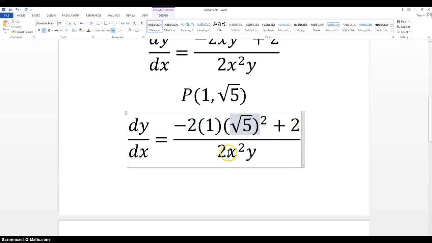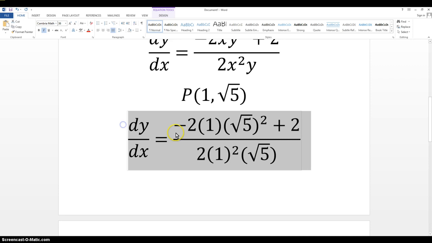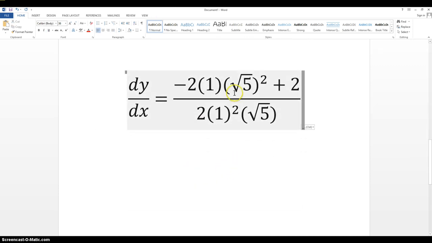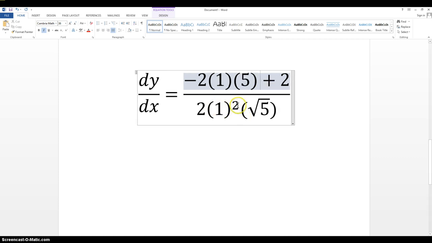Plus 2, and then this x now becomes 1, and this y now becomes square root of 5. Okay, so if I continue to clean this up, square root of 5 squared just leaves us with 5. 1 squared, I know, is simply just 1, so that one goes away too. And then if I continue to clean it up some more,